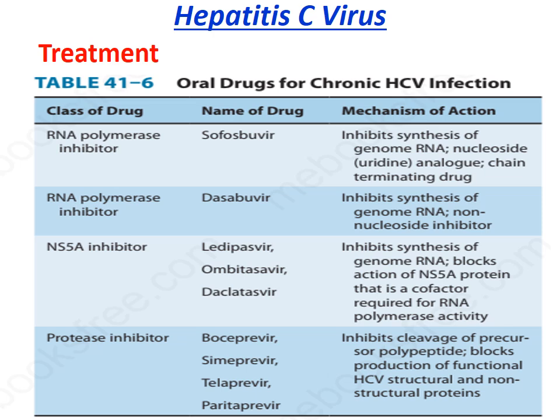Sofosbuvir actually inhibits the synthesis of the genome RNA, a nucleoside inhibitor, while desabuvir inhibits the synthesis of the genome RNA as a non-nucleoside inhibitor. NS5A inhibitors are also very important, like ledipasvir, ombitasvir, and daclatasvir. They inhibit the synthesis of genome RNA, blocking the action of the NS5A protein, that is the cofactor required for